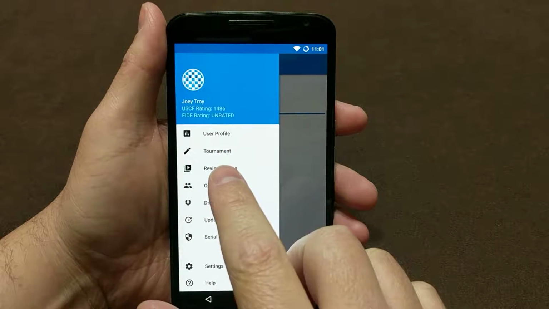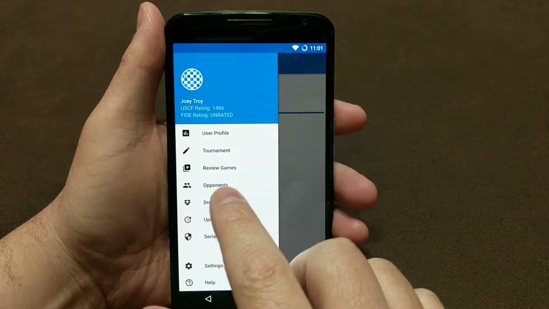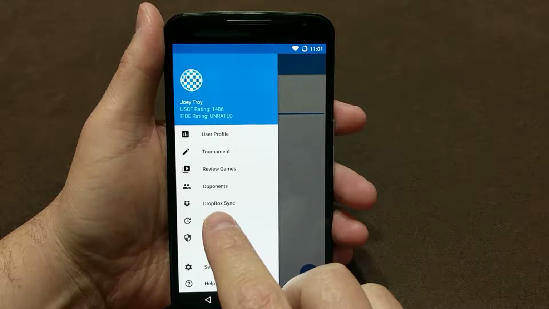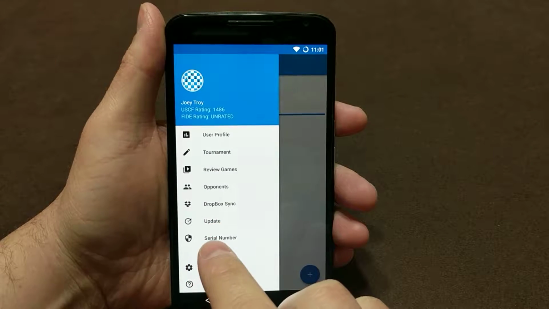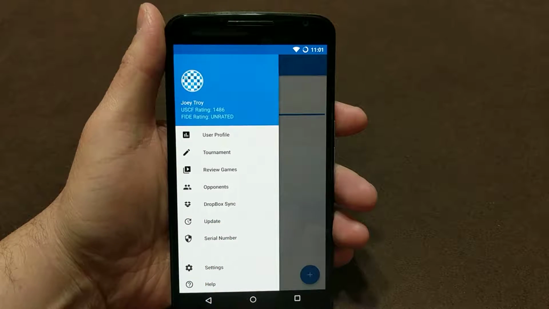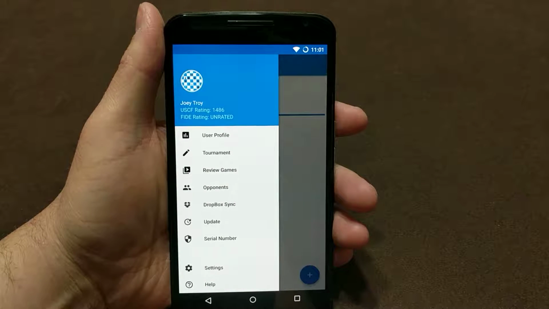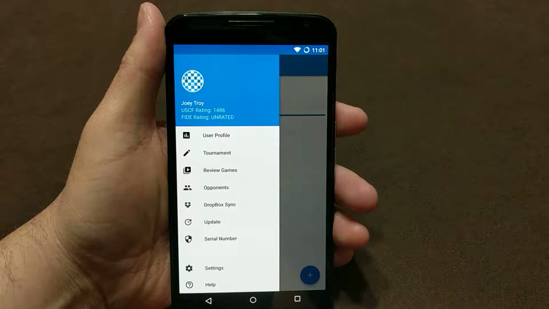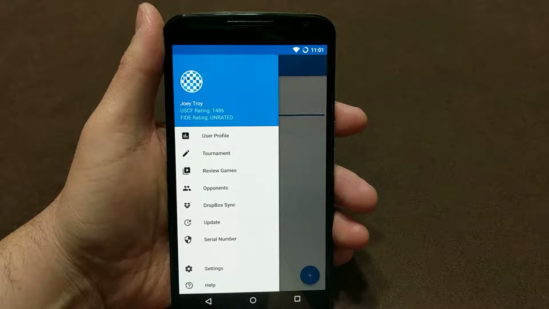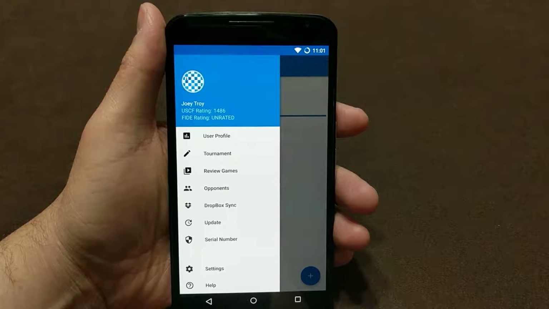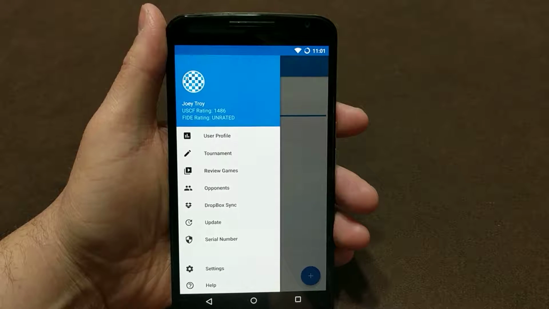You have user profile, tournament, review games, opponents, Dropbox sync, update, serial number, settings, and help. We removed board settings from the main screen. We removed backup and restore from the main screen, and kind of incorporating things into settings. So essentially,